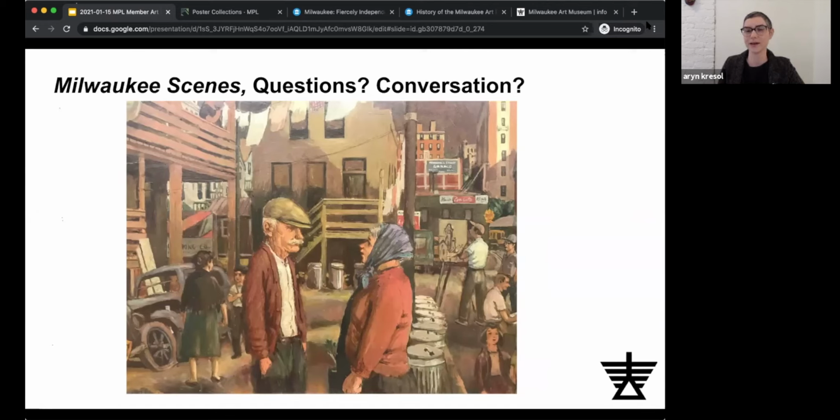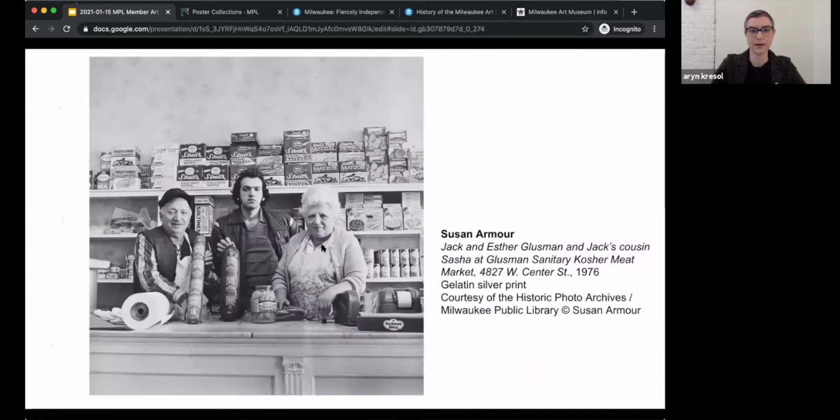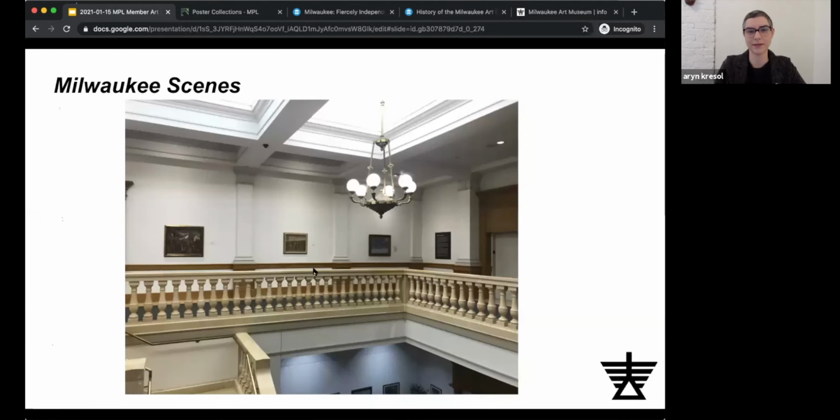And so we had somebody, of course, from the Milwaukee Public Library that was willing to work with us to make sure that the pieces were well lit in the space once we had installed them. So if you've been to the library, or even from some of my images, you can notice that the library has these columns that sometimes make installing a little bit easier because you know that you only have a specific amount of space to fill.